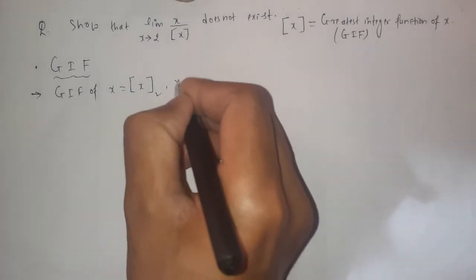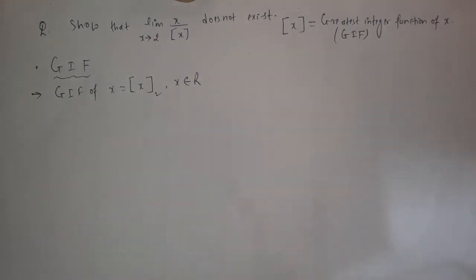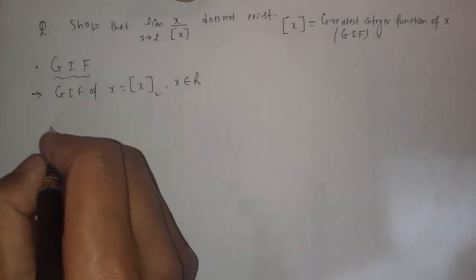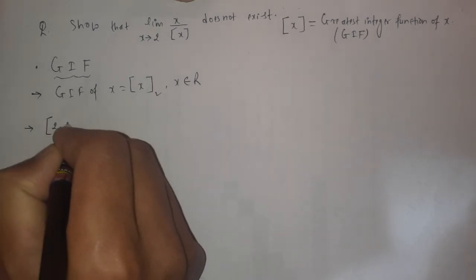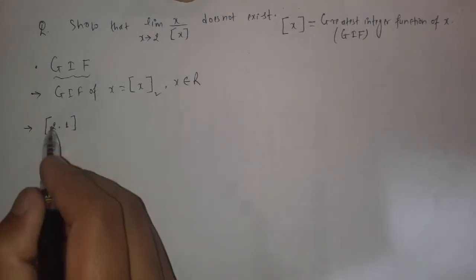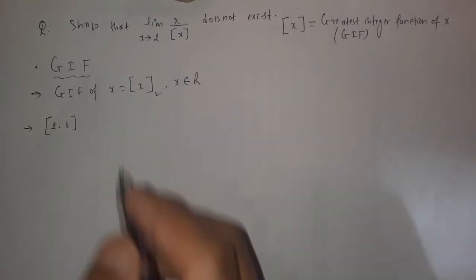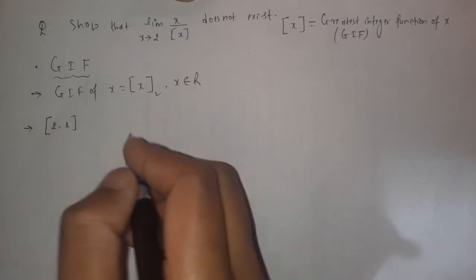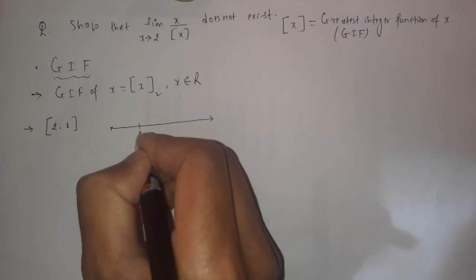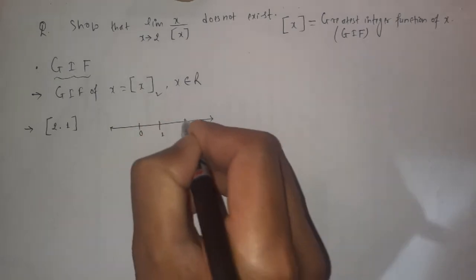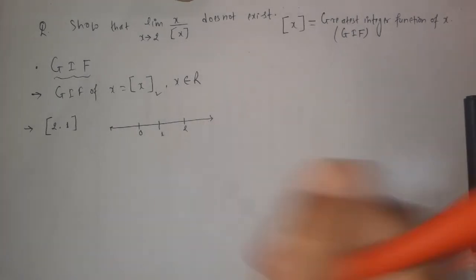Here x is taken from the set of real numbers. X belongs to the real numbers. Let's take some numbers and do some examples, starting with 2.1. Here we are going to calculate the greatest integer of 2.1. Let's visualize this number 2.1 on the number line. Let's make a number line here. Let's suppose here is 0, here is 1, and here is 2. This is our supposition. And here is 3.